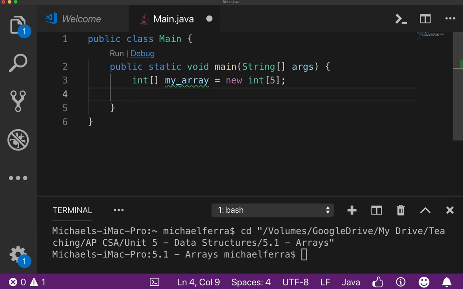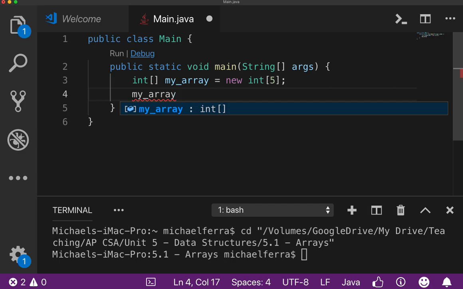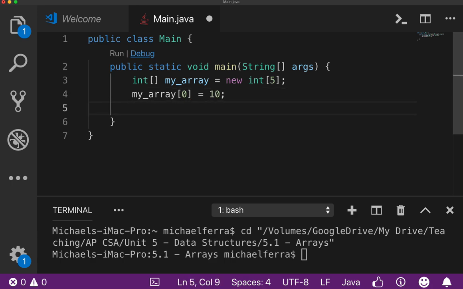If we want to get something to be stored here, we need to refer to it by its index. So we have a length of 5, so the indexes will be 0 to 4. So we'll go myArray, which is the name, right? The brackets, we'll go to the 0 index, and we'll give it a value of 10. So we have one variable that can store 5 different values instead of creating 5 different variables. But we have to refer to each one by its index,